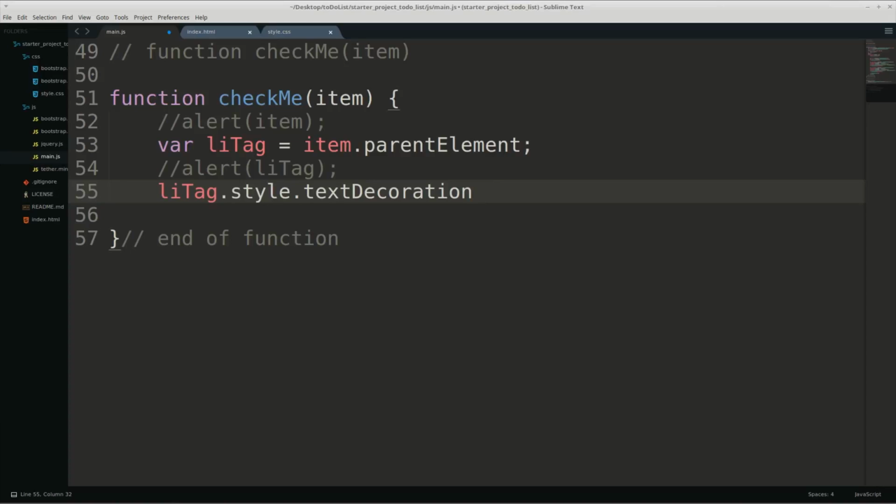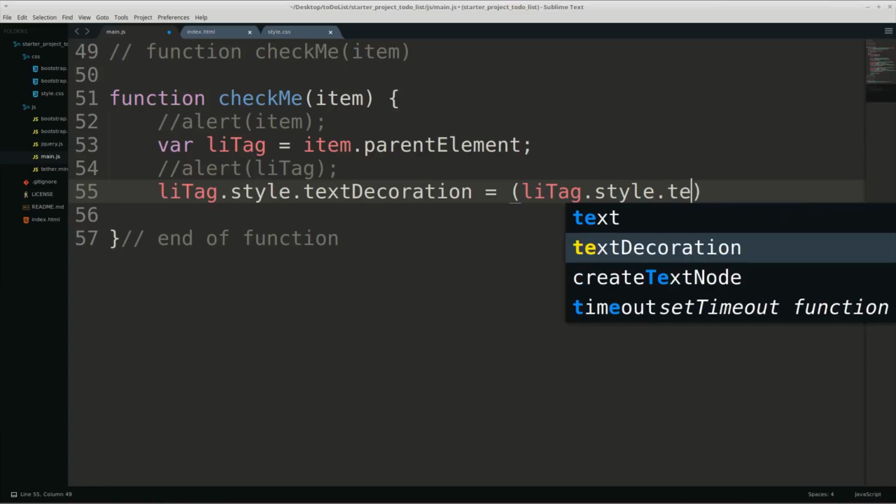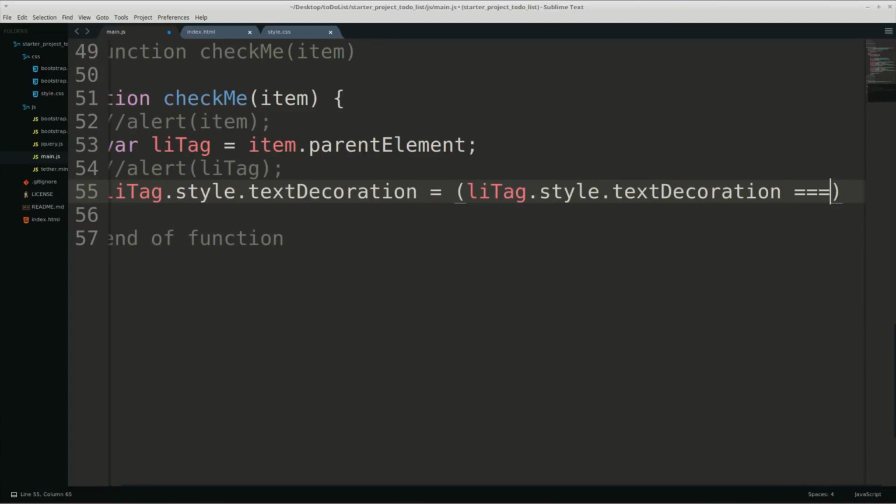Therefore, the text decoration style of the li tag is the result of the fulfillment of some condition. So, if the statement that the li tag has a text decoration strictly equal to line through is true,